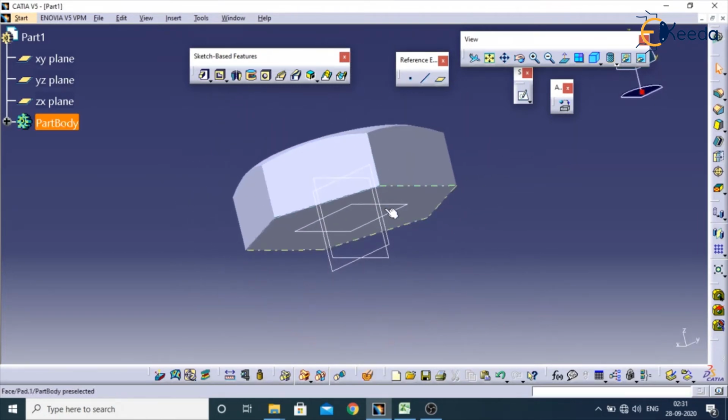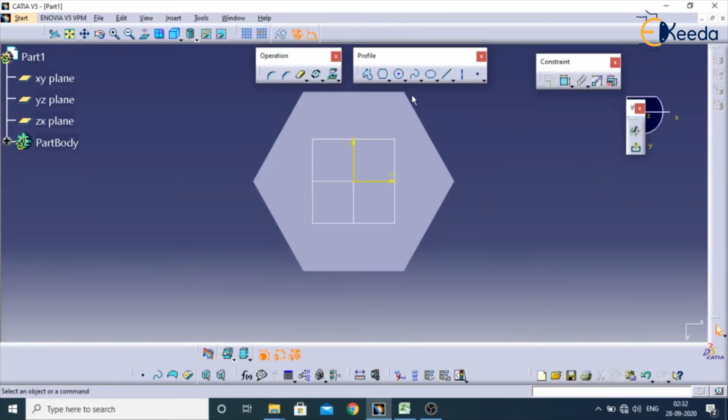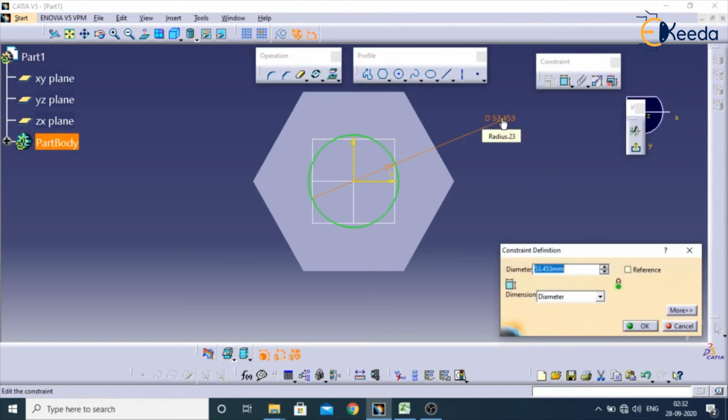So now I have to create another pad. I will go for sketch. I will select this face. Select circle. Apply constraint. Some 55.